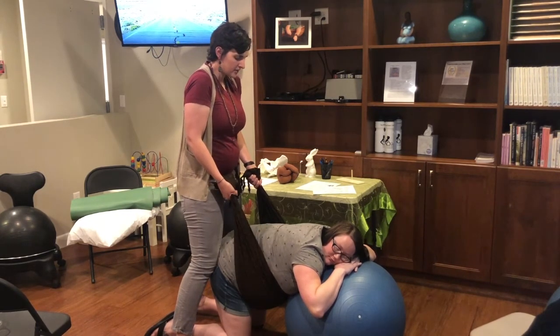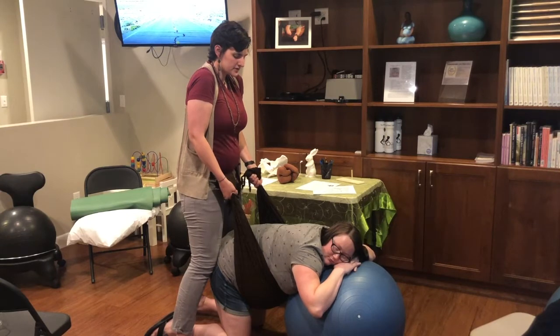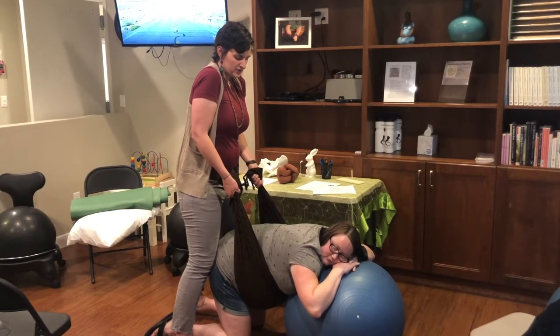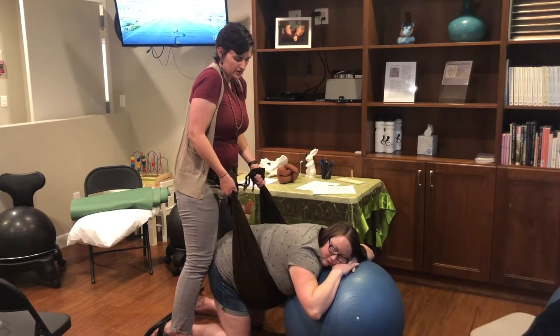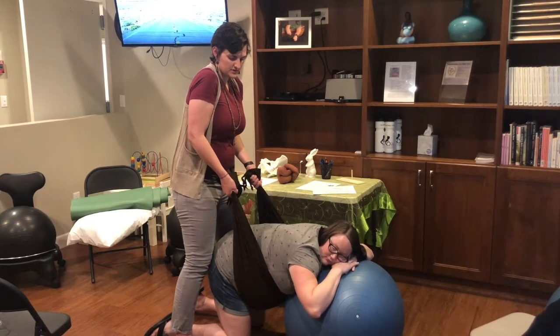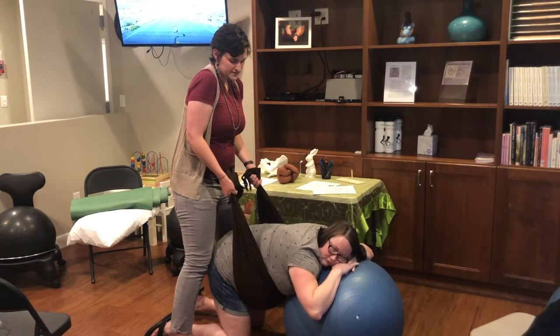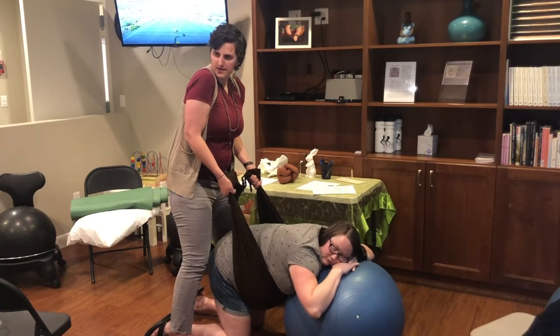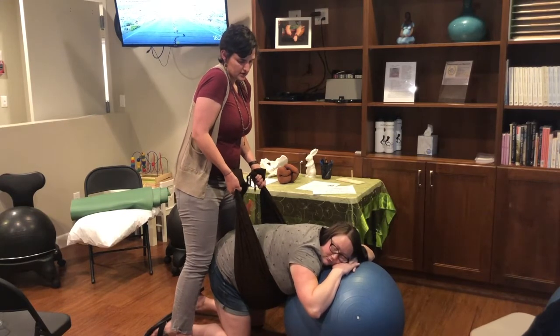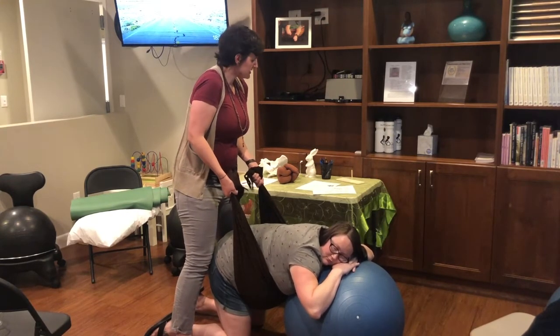So you pull up, and then you just gradually start to sift like this. You start out kind of slow, and then you work your way up, and you get a little faster and a little bit stronger. This is helping to release that network of muscles in front of the uterus that we talked about, while also resting the back muscles so they're not overly tight. So that there's space where we want there to be space, and there's strength where we want there to be strength. And then you would continue this for at least 15 minutes,